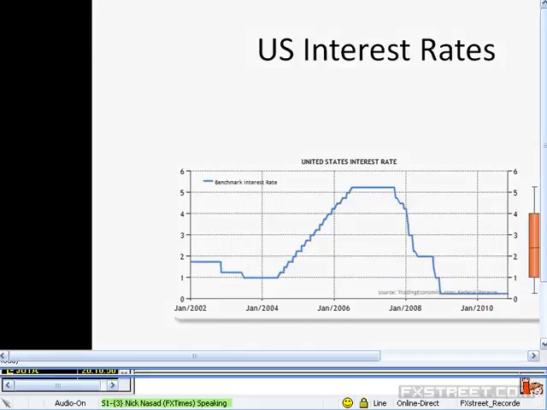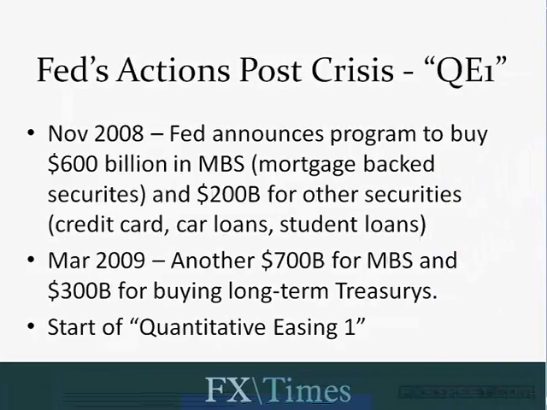We announced 600 billion, as well as a program to buy back 200 billion of other securities. Mortgage-backed securities are securities backed by mortgages, putting together all these different mortgage loans and debt into securities, and these had been underperforming. During the slide in the financial crisis, it was very hard to put a price on these mortgage-backed securities, and since they were on the banks' balance sheets, it caused a seizure in the credit markets. So pretty much what the Fed said is we're going to try to buy back some of these toxic assets from the banks, which would help free them up to be able to give them,